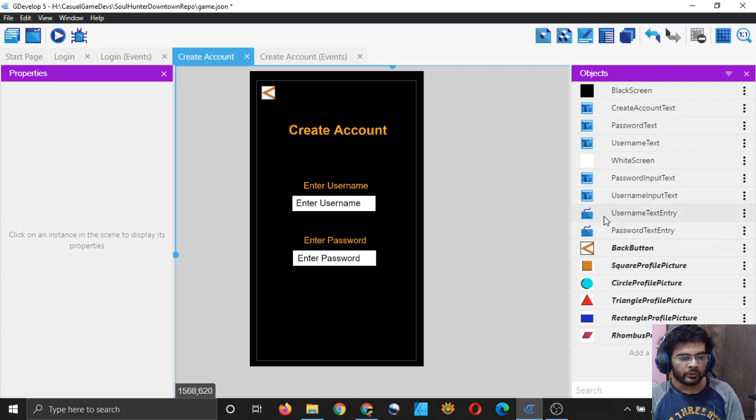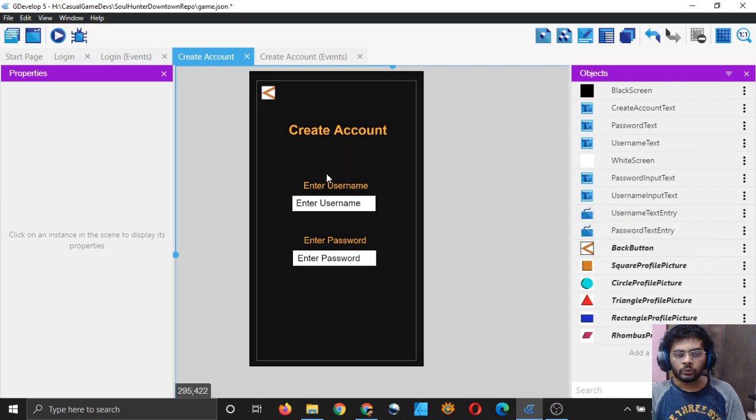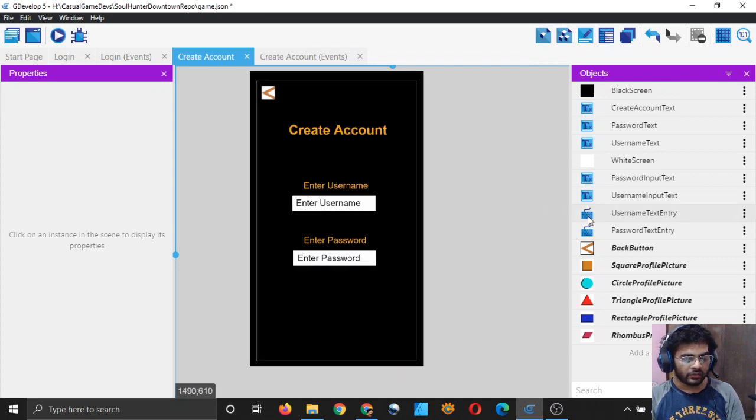Let me drag both of them in the scene. You can put them anywhere, but it's good to put them next to their text value which they are going to change, next to the text which they are going to affect, right?